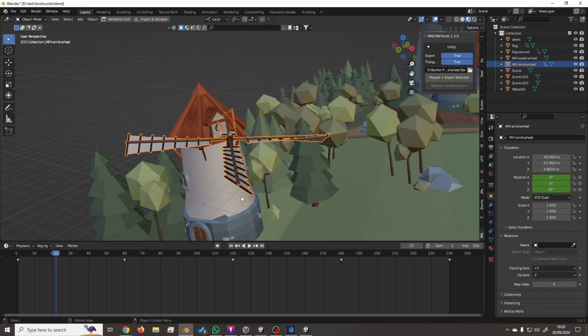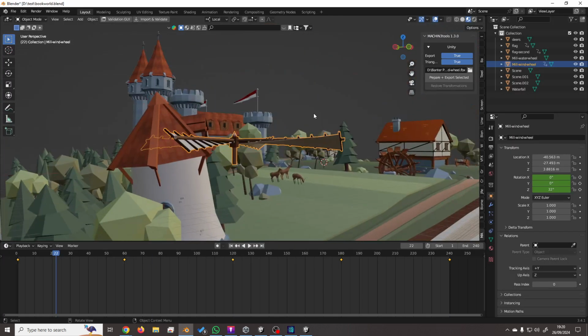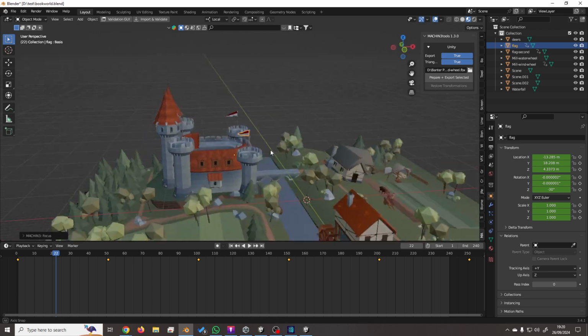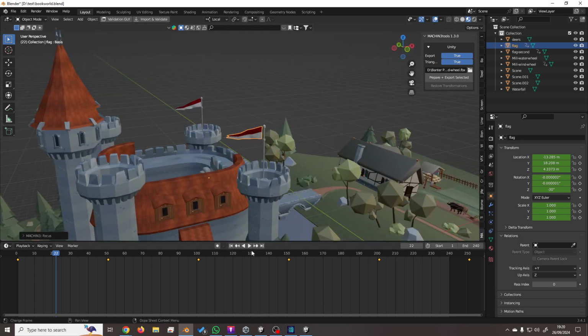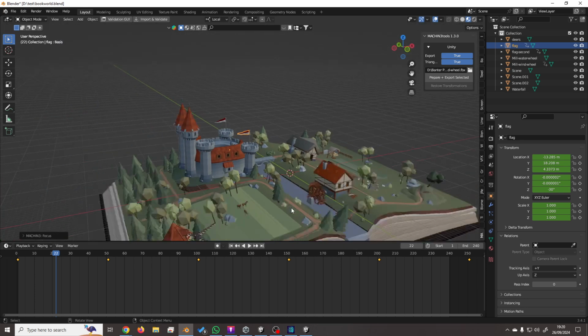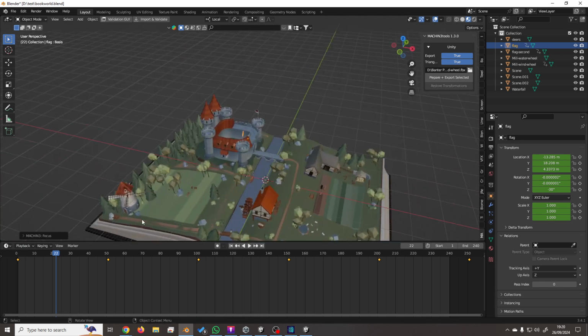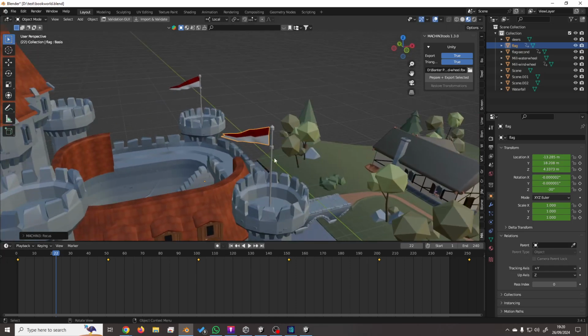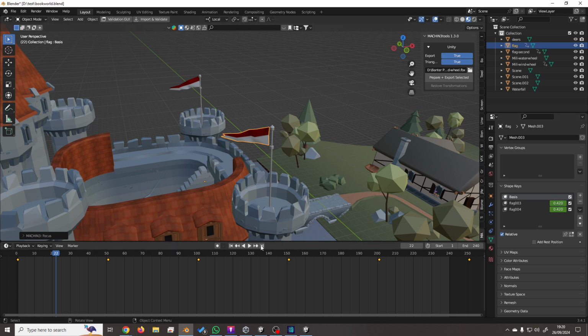Well, funny you should say that, but look over here. We have some flags. Why did the windmill just reset back to the other position? We're in Blender now. It's flipped back to Blender, and these have keyframes on them. If you play it,